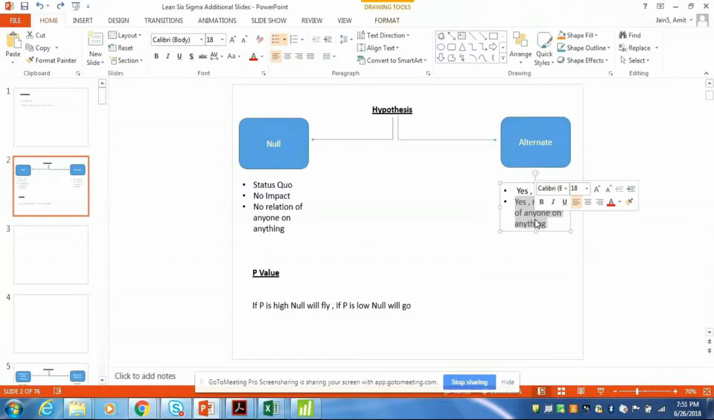Okay, are we good up till now? So if it's lower than 0.05, it's alternate, right? Yes. Okay, and the concept is